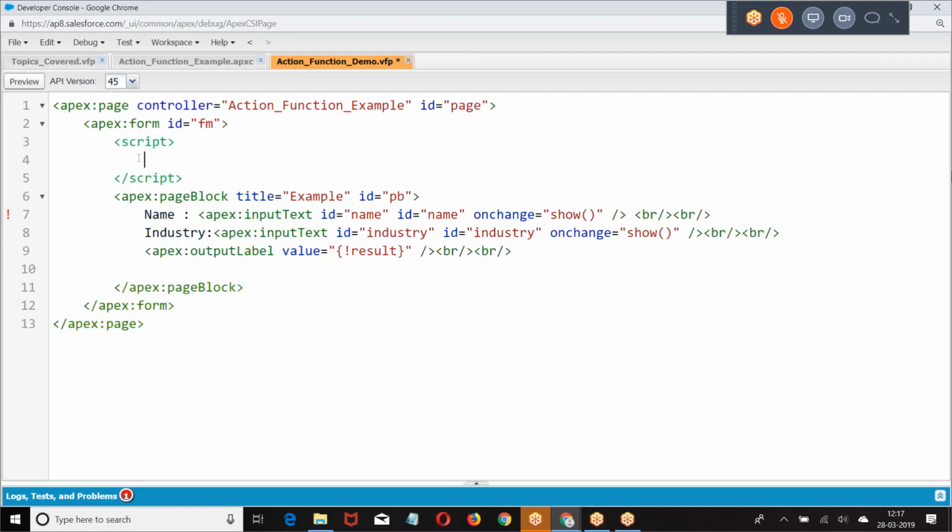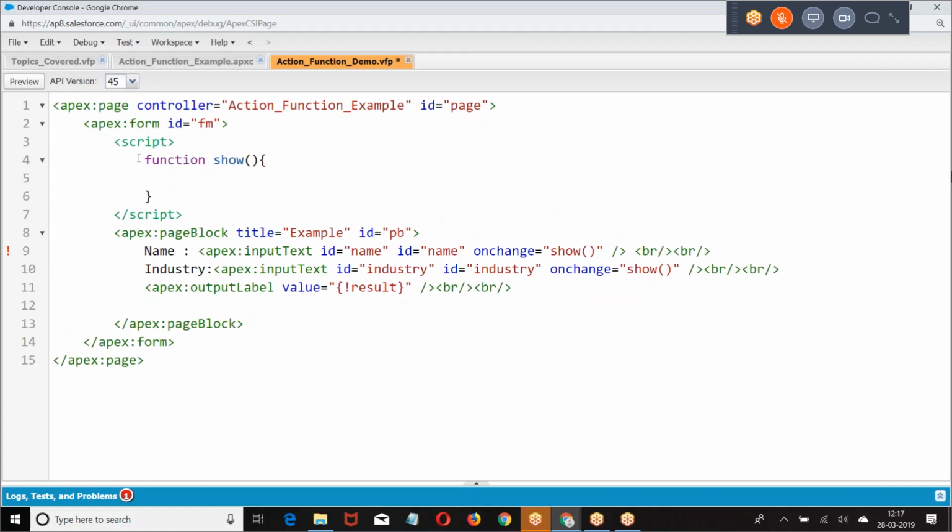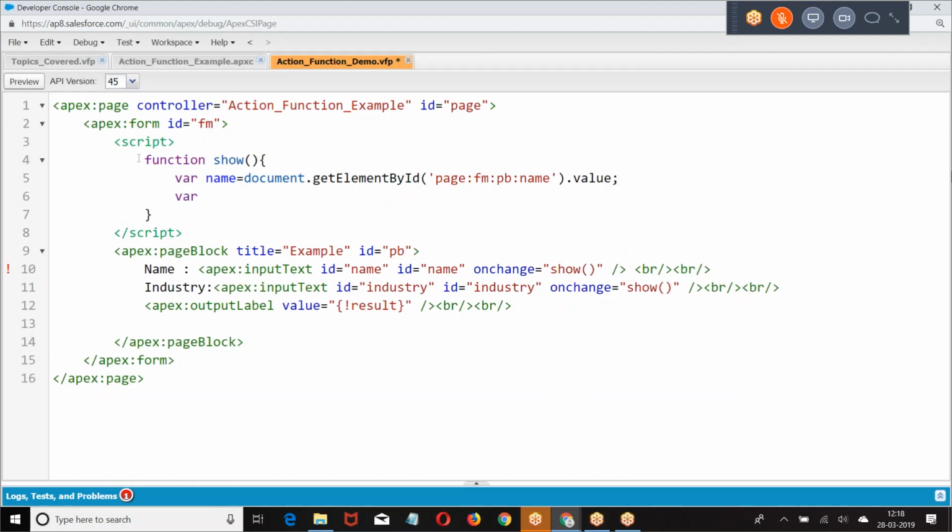Script. Function. Function show, where name equal to document dot get element by ID, page, form, page block, where industry equal to document dot get element, page block.